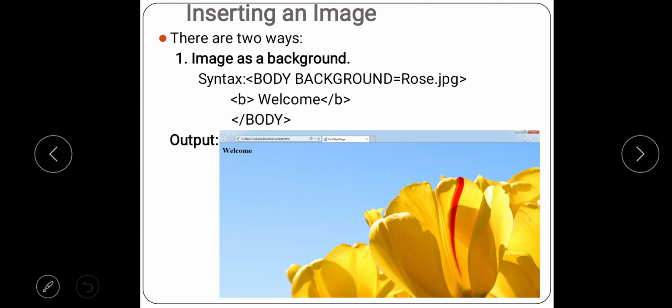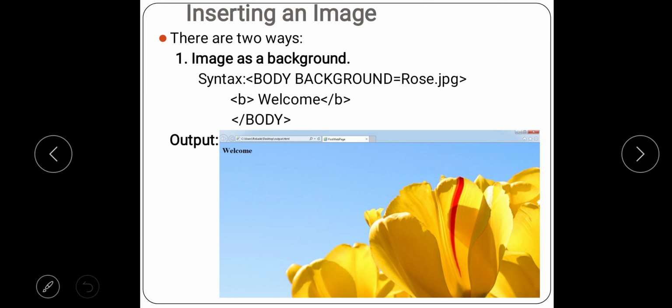And the second type is the inline or floating image, meaning that the image will be floating in the web page wherever it gets the place. Okay, so now we will see in detail what exactly it means.